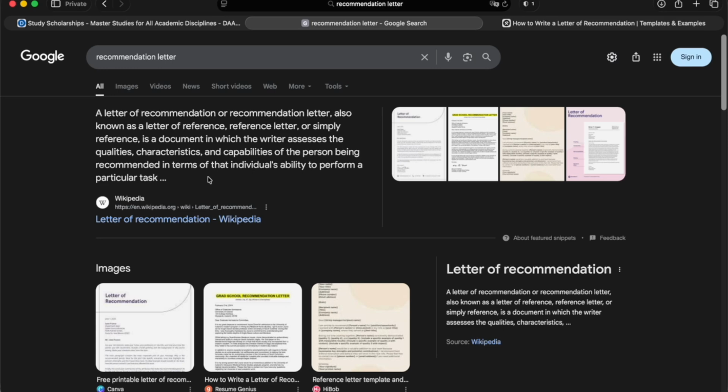Because the DAAD scholarship, specifically this scholarship, is an academic scholarship, for example, it doesn't have a requirement of work experience. For this reason, you are required to ask your university professor to give you a letter of recommendation. So normally when we say letter of recommendation, we mean a recommendation from any person that has good contact with you